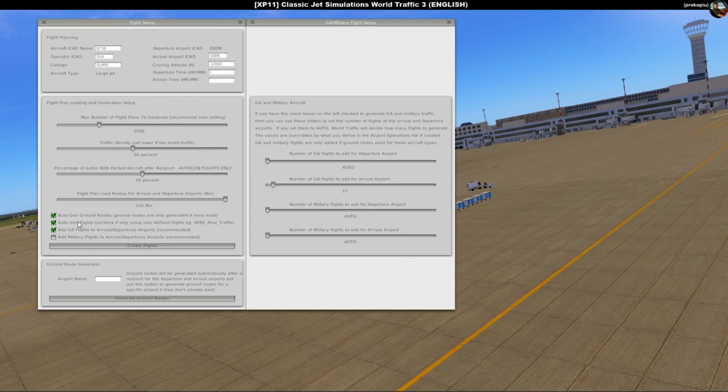Autogen flights, uncheck if only using user-defined flights. So basically what happens is, if you have an airport schedule, so it is something that's based on real traffic, you could have just the definitions of your realistic procedures being used, and that means only flights departing and arriving for those airports according to the definitions. Or, and you should probably turn this on,